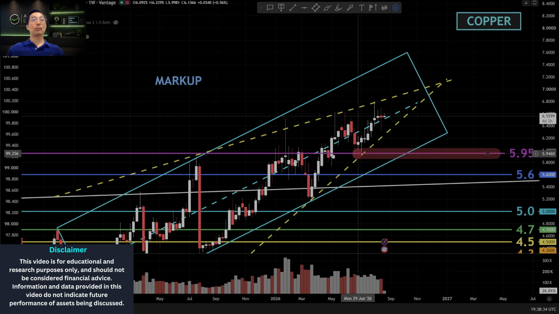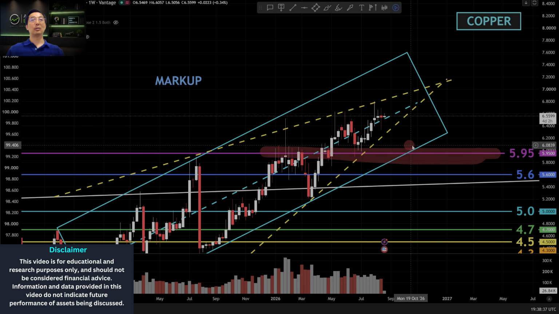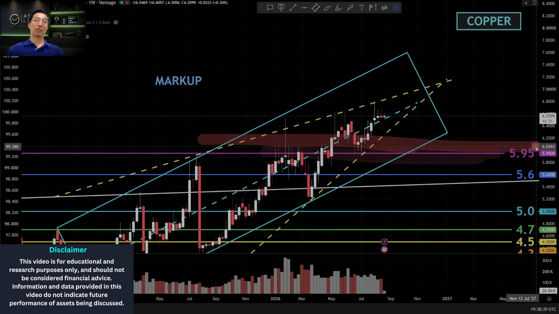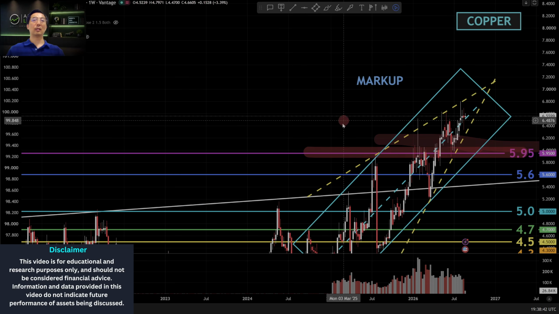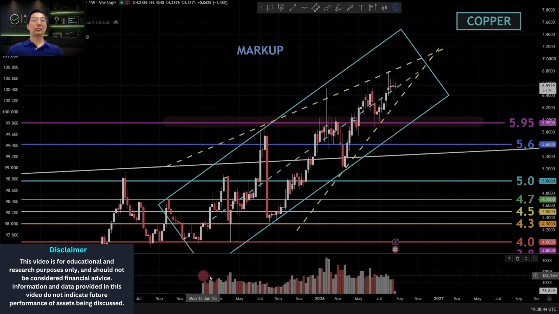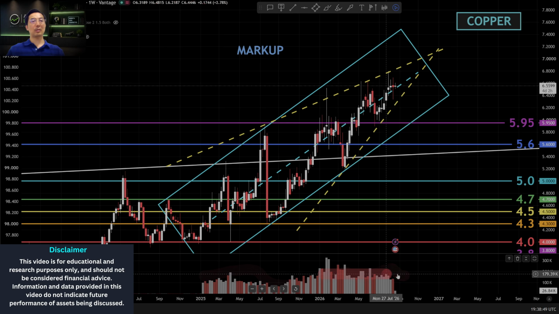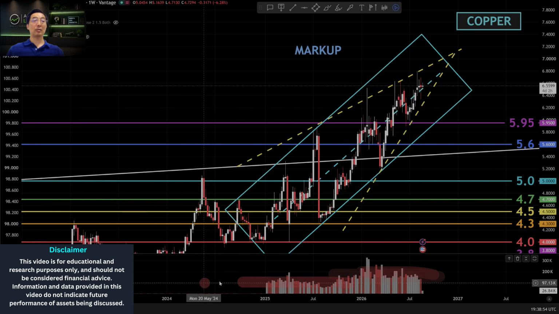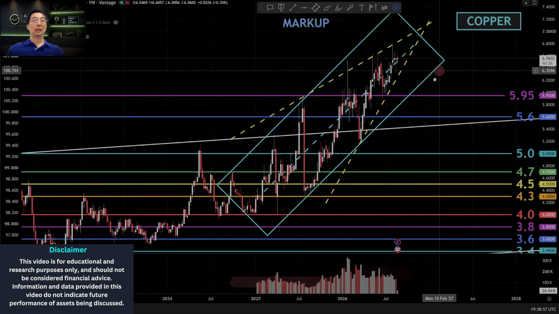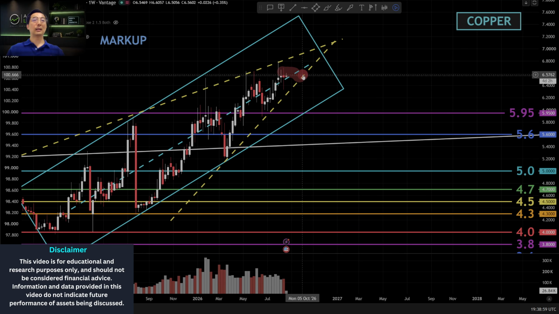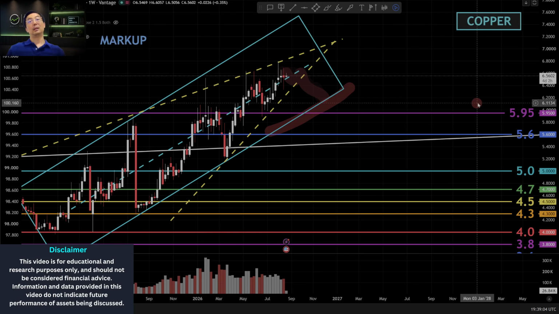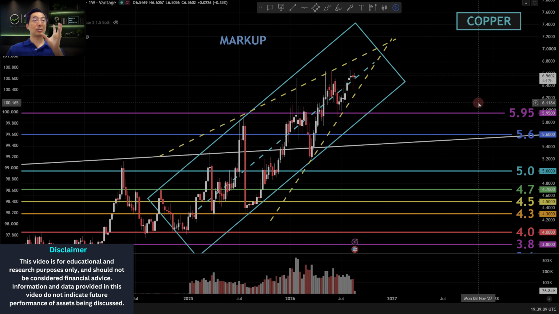The key support level is around 5.95, or if you want to make it simple, $6. All right, the purple key level over here. Volume definitely has gone way higher than before. Okay, it is still staying at a high level since the beginning of the year compared to last year and before. So as long as it doesn't break the rising channel bottom, we would consider the markup stage or markup